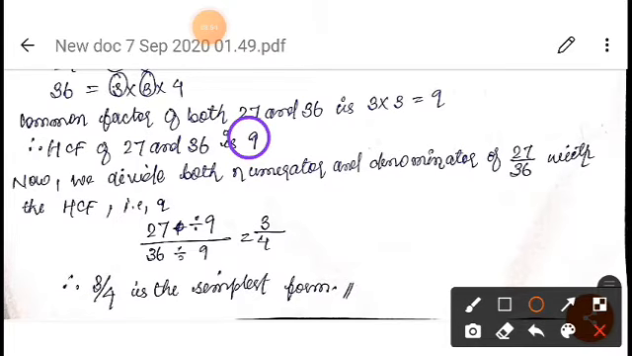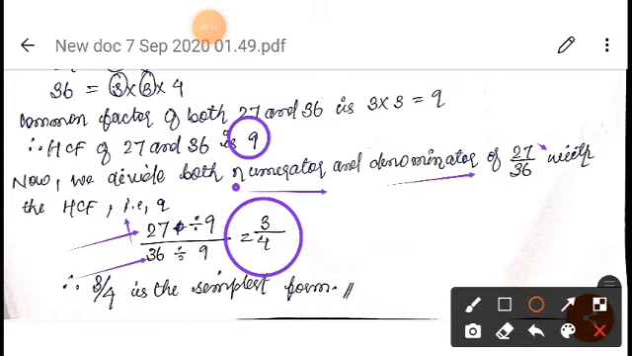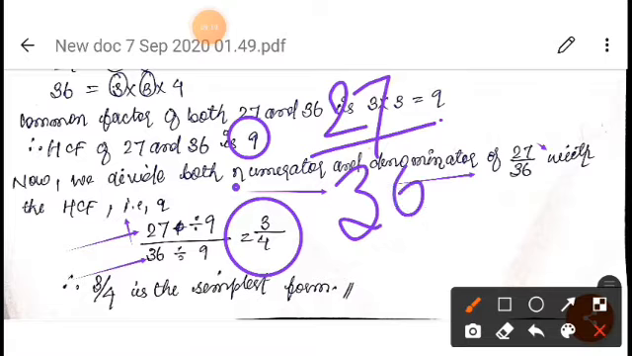Now again, what will we do? We will divide this numerator and denominator, which is 27 by 36, with this 9, okay? As you can see, I have done it here. So what have we got? We have got 3 by 4. So I will write here, for 27 by 36, the simplest form we have got is